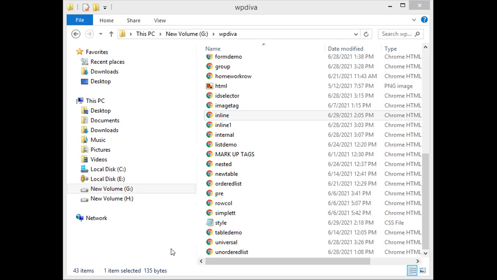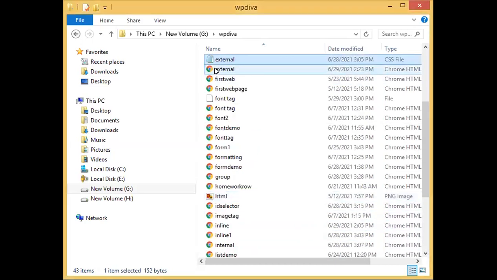Okay, so now is the screen visible? Yes, see here this style.css file. See this, what I'm highlighting. The style.css file will appear as a notepad file. It will not look like a browser. Why? Because you cannot run this code in the browser. See, it is a CSS file. So how to identify a CSS file? It will come like this if you save it as .css. And if you want to run this file in the browser, it will look like the default browser. It will show the image of the default browser. So what is my file name? External, right? So the name of my file is external. See here, external I have taken. Now directly I will run it.